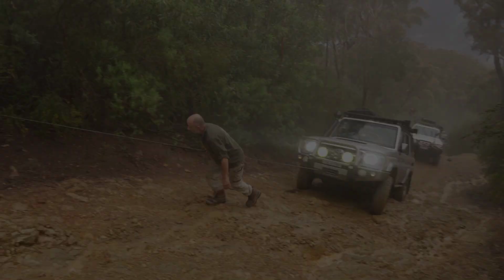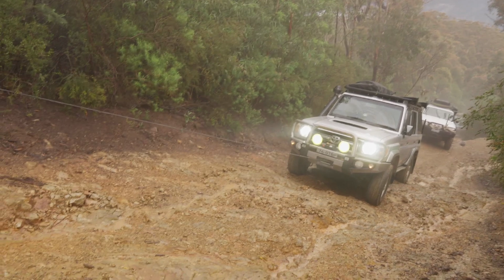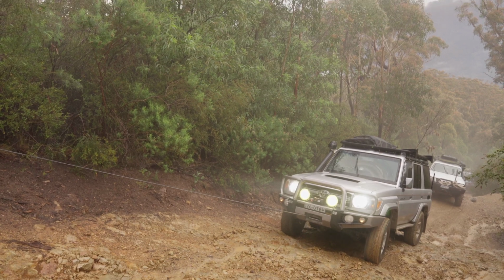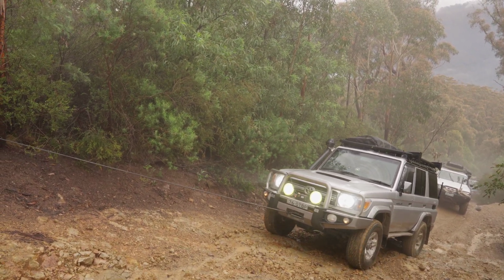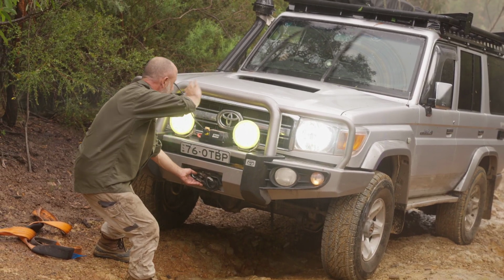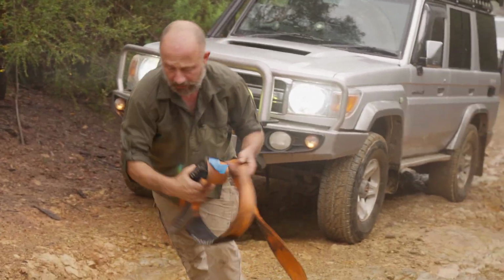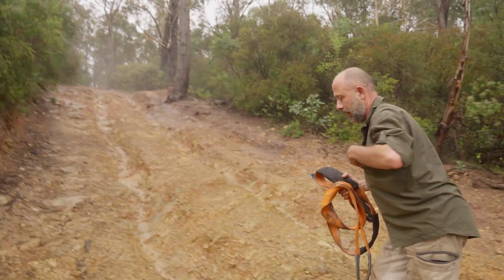And I hadn't realised at this point in my hand it actually hit the spotty button, so the spotlights are on. They've got the covers on them, which is why they're not super bright. You can see how slippery that is though, especially with my tyres. Alrighty, over that first little winch and we're going to have a crack at...